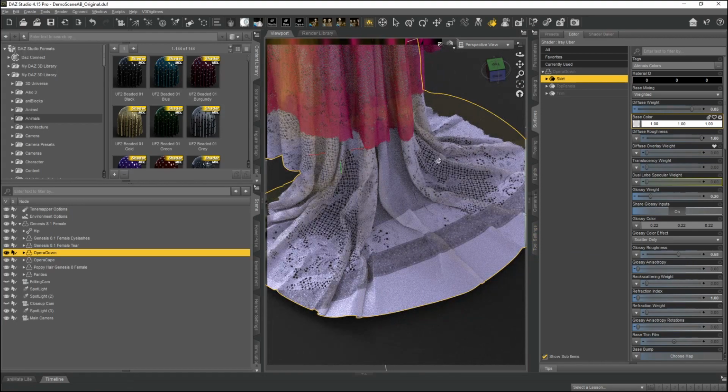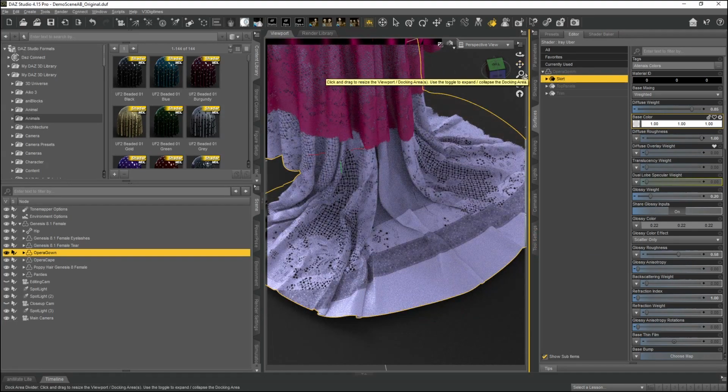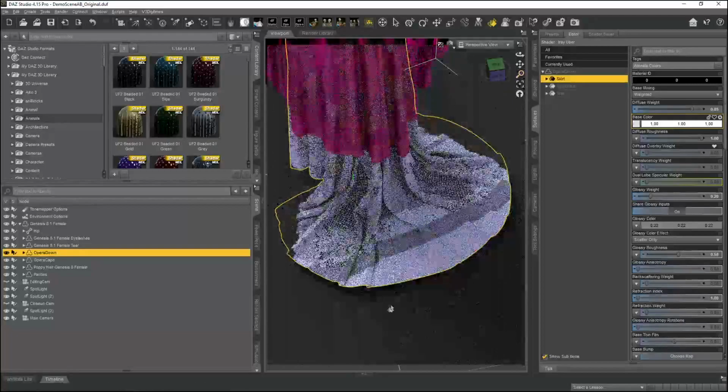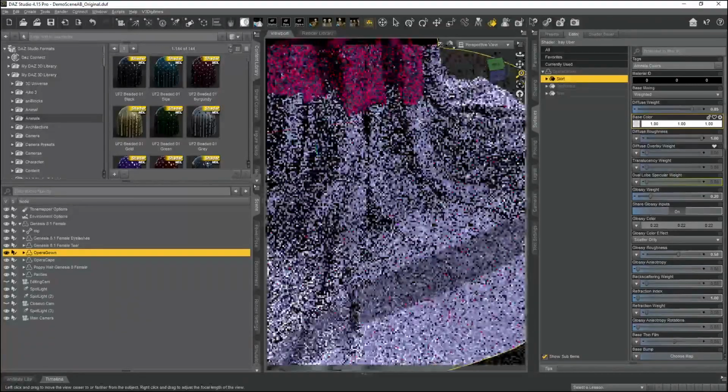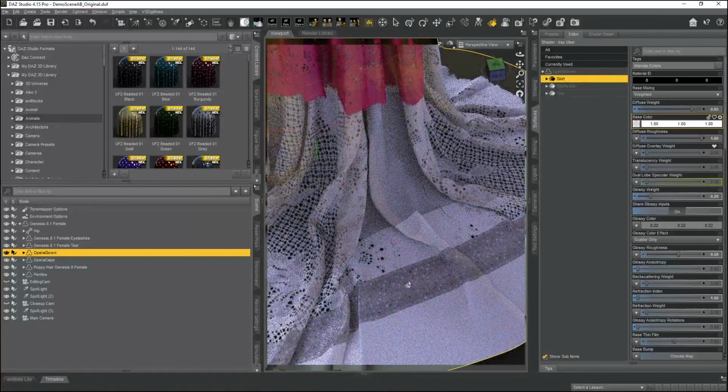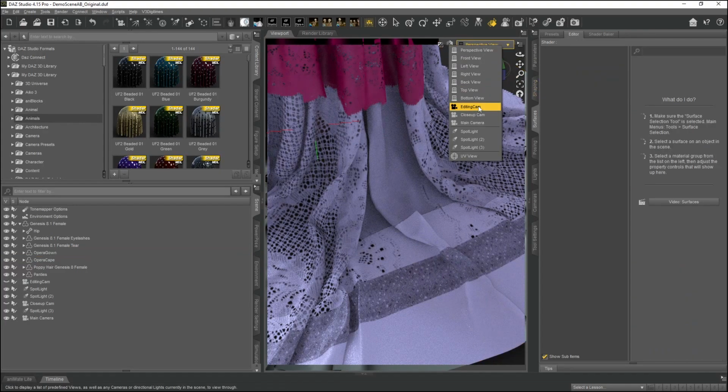But if you see right here, I just made the color go away so that you could see a little better. There's a texture on this. If I zoom way in, this is the texture for some of the trim, I believe. Obviously you don't want that on the dress. And actually that's the trim for the cape, funny enough. That's what that is. So if we went back to here,